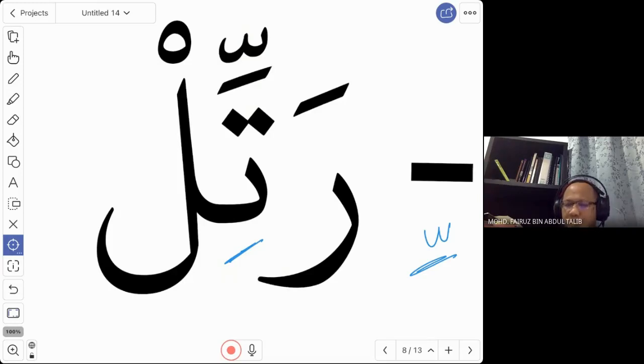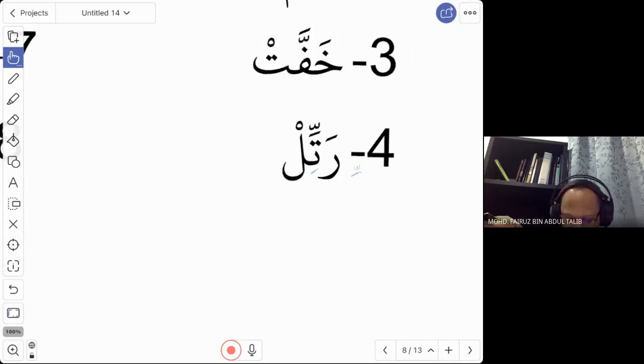This is something that differs a little bit from our Quran, because our Quran is written using the rasam, the writing during the previous generation. They call it the Rasam Osmani. So the writing is a little bit different from what we have now. But we can still read them, no problem. That is number 4.